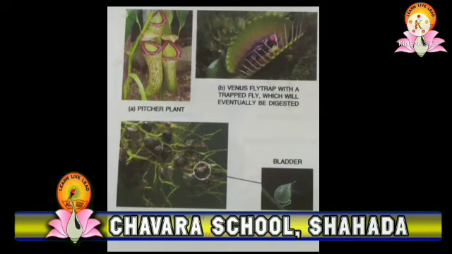The third type of insectivorous plant is bladderwort. Bladderwort has highly segmented leaves. Some of the segments of these leaves form small bladder-like structures. The bladder has an entry point which can be closed. The insect enters into it but cannot come out and gets digested inside it through the digestive enzymes which are being secreted by this plant.